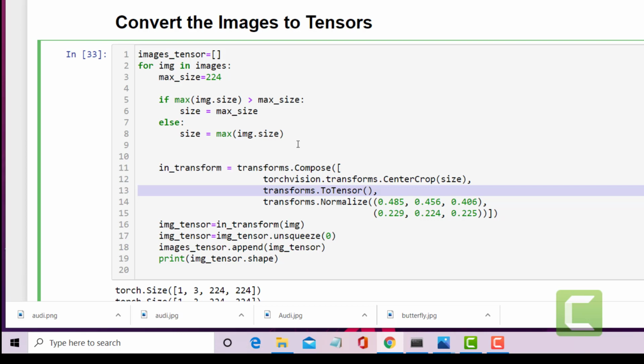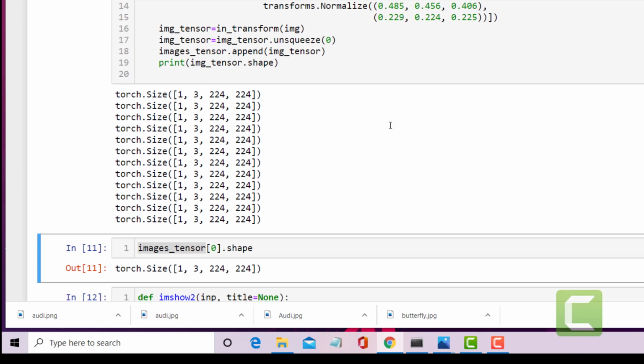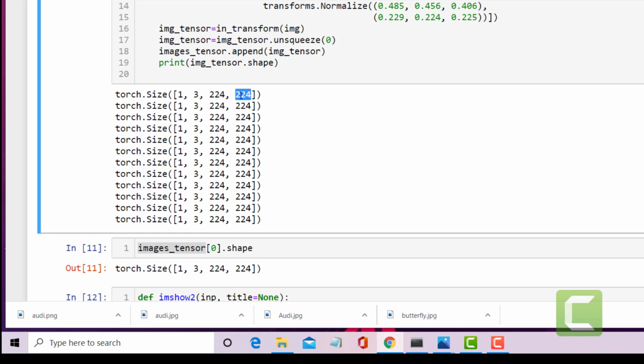You can actually copy this format itself. Okay, so I go through all the files that I read. Okay, those are in the PIL image format, so that will be converted to tensors here. So okay, when it's converted to tensors, the dimension will be 3 cross 224 cross 224. Okay, this will be the dimensions of the image. See, 3 is the number of channels. This is the number of channels for a colored image.